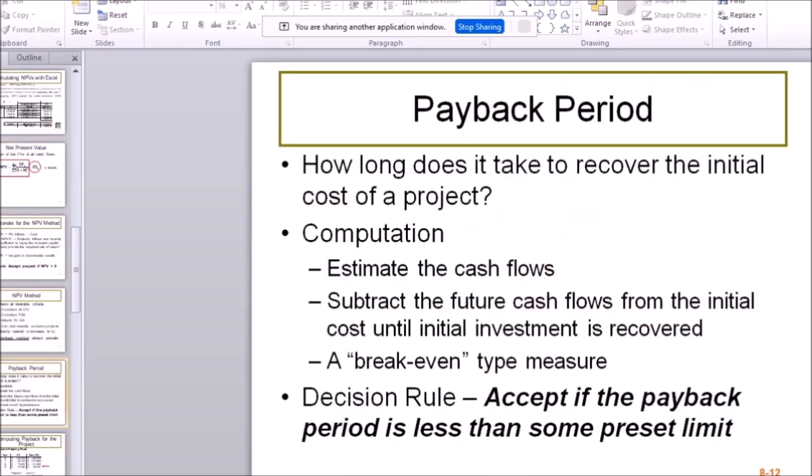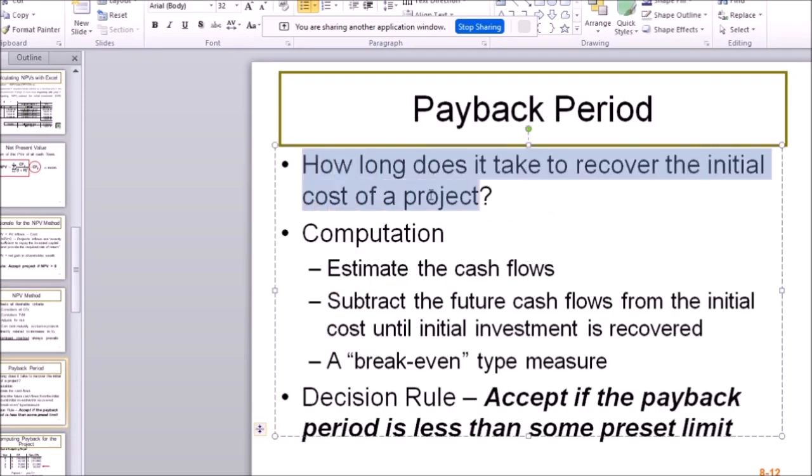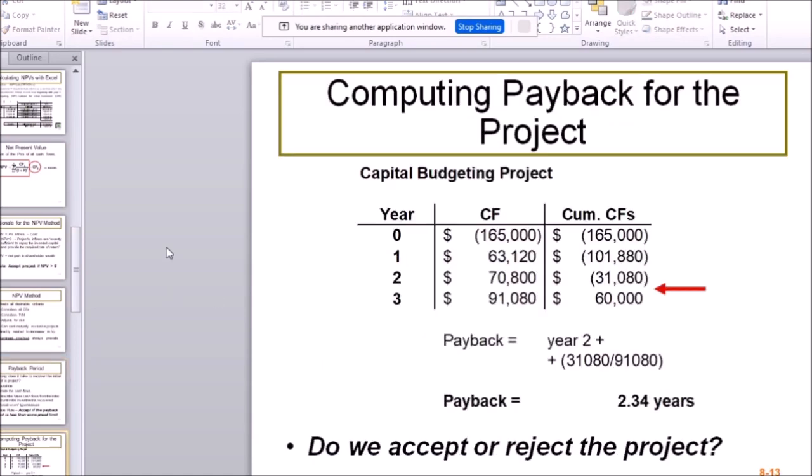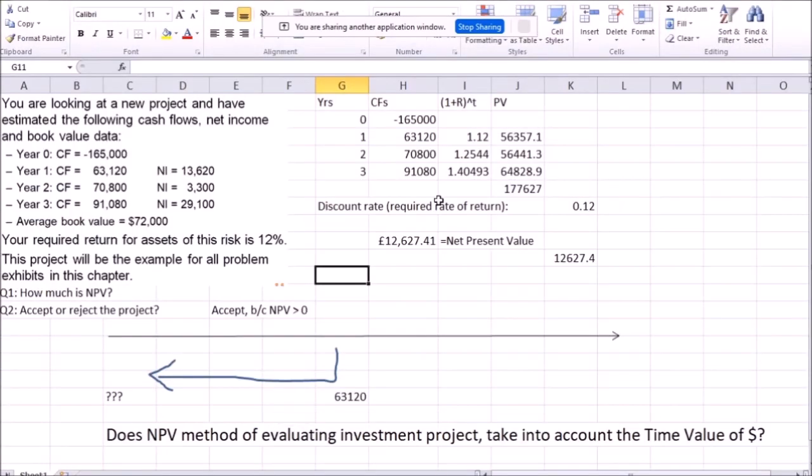Here. So it just tells us how long it takes to get the money back, a regional investment. Okay. How long does it take to get the original $100 million back? Or how long does it take to get the original $165,000 back? So the answer for this method is not dollars. The answer is how long does it take? So the answer is time. In this case, it's 2.34 years in this particular example. Let's have a look at how we arrive at this answer.